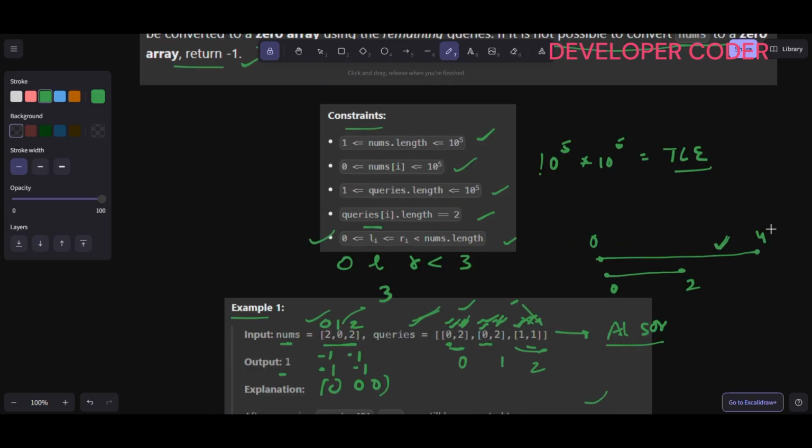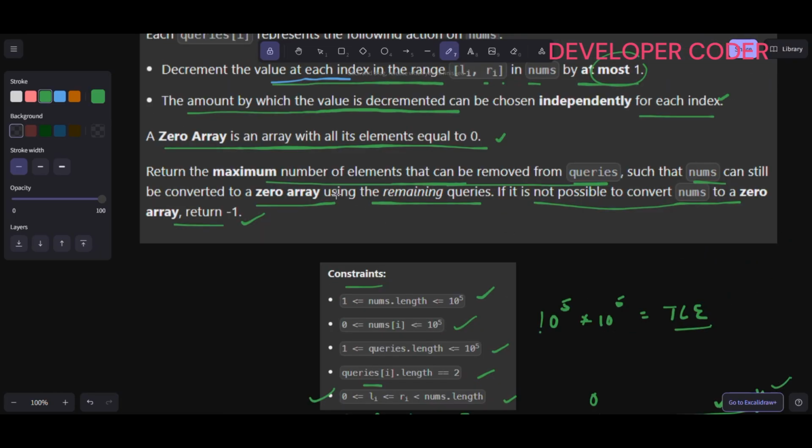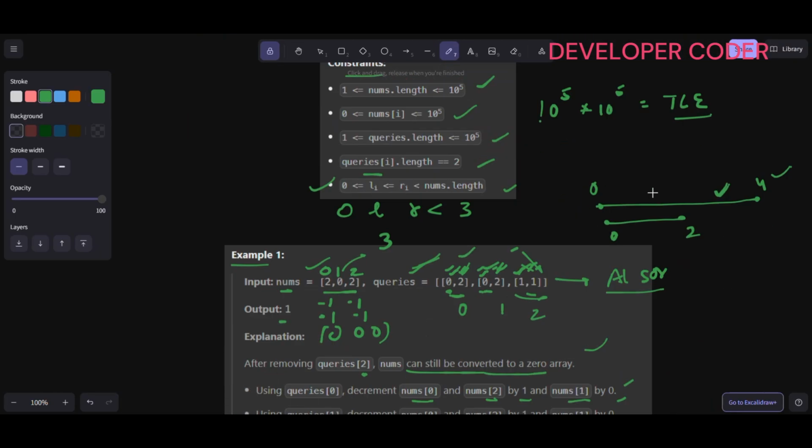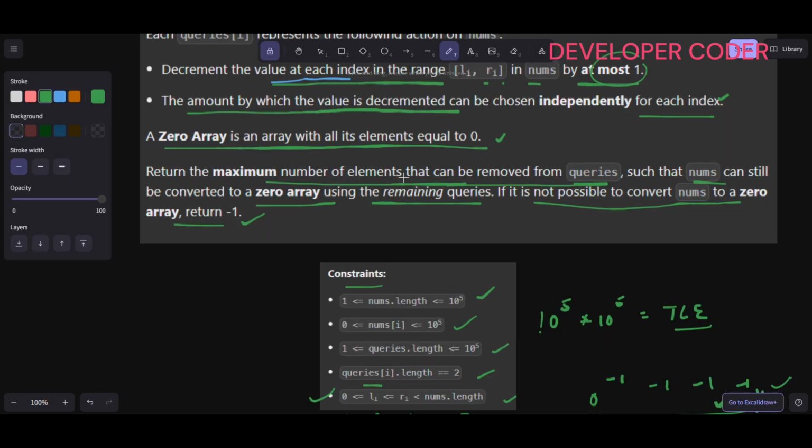Because I have this, if I can, I can with this, 0 to 4, you can understand it like this. So 0 to 2, 0 to 4, you are decrementing more values, right? Minus 1, minus 1, minus 1, minus 1 here. And with 0 to 2, then you do 2 to 3, or then you do 3 and 4. Since we have to return the maximum number of elements that can